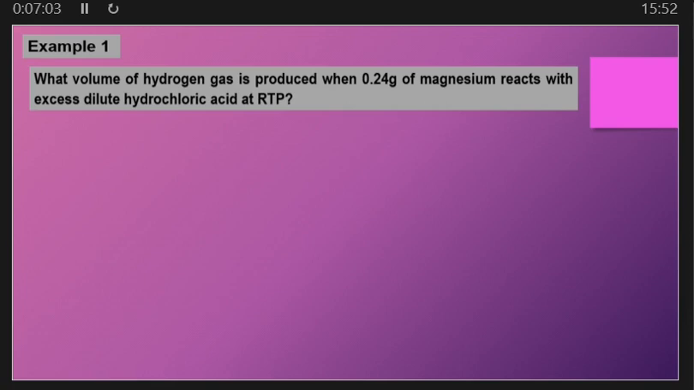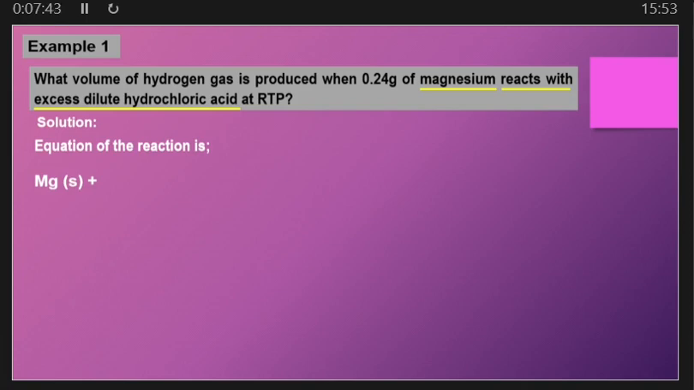So in answering this question, we'll say solution. First of all, we need to write the equation for the reaction. So the equation for the reaction is, we know that magnesium reacts, so we'll write magnesium reacts, and the term reacts with is represented by plus, so reacts with excess dilute hydrochloric acid. So hydrochloric acid is represented by the symbol